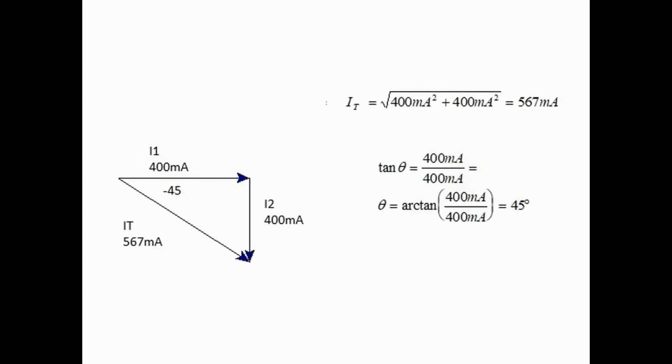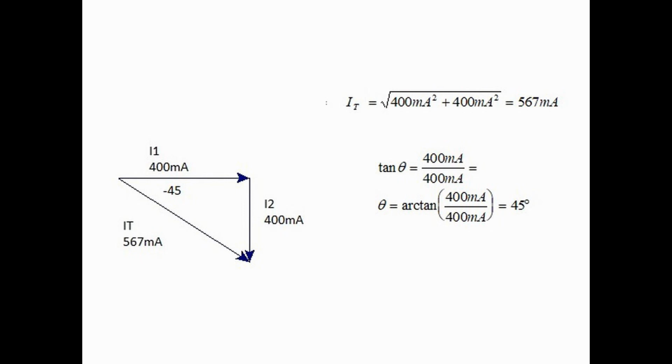We now draw a vector diagram where current number 1, which is through the resistor, is the reference at 400 milliamps. But current number 2, which is current through the inductor, is 400 milliamps at negative 90 degrees. We find the total current because it's the square root of 400 milliamps squared plus 400 milliamps squared, and that equals 567 milliamps. We still need to find the phase angle by saying that tangent theta is equal to 400 milliamps divided by 400 milliamps, or theta equals the arctangent of 400 milliamps divided by 400 milliamps,